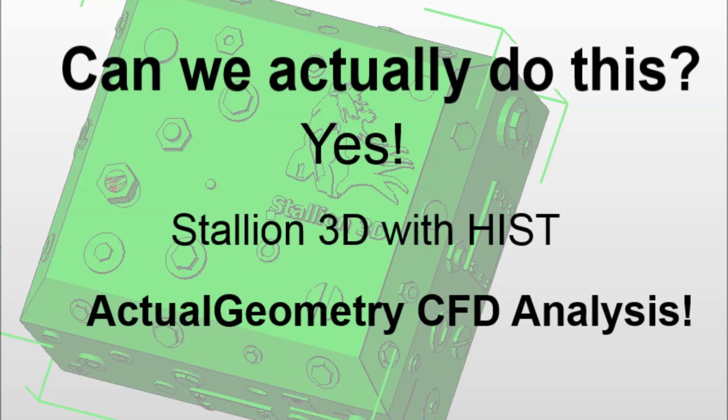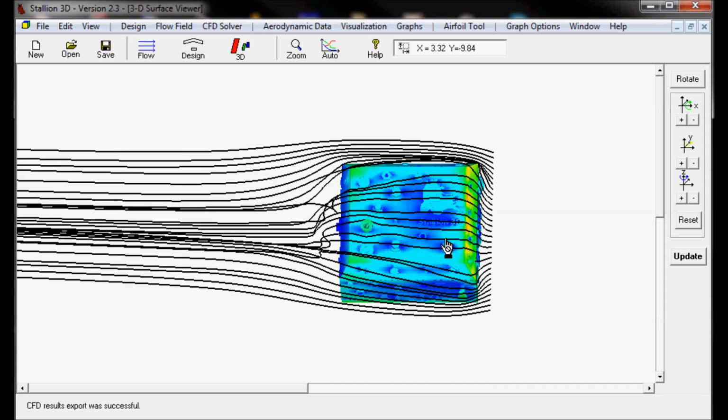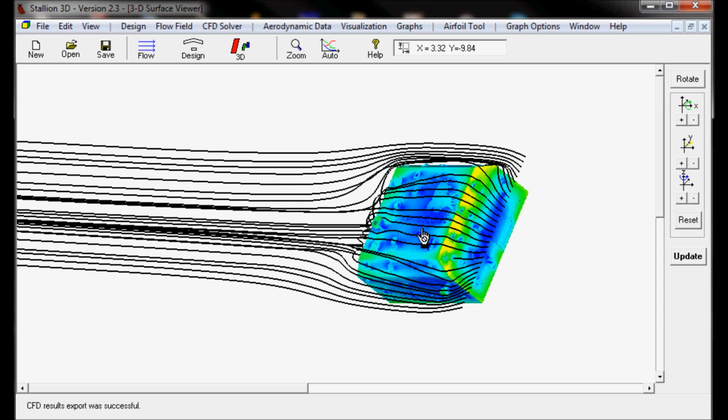But can we actually do this, and how? Stallion 3D with its Hanley Innovation Surface Treatment can solve what we call Actual Geometry CFD Analysis. That's what it does. And essentially you take the actual geometry and look, we have a beautiful CFD solution without all of the defeaturing,